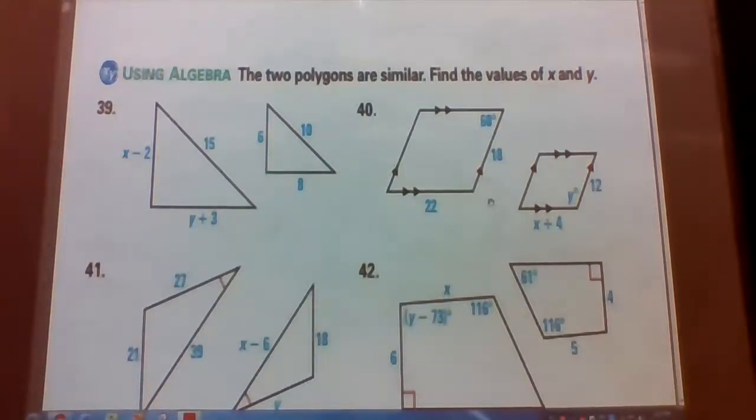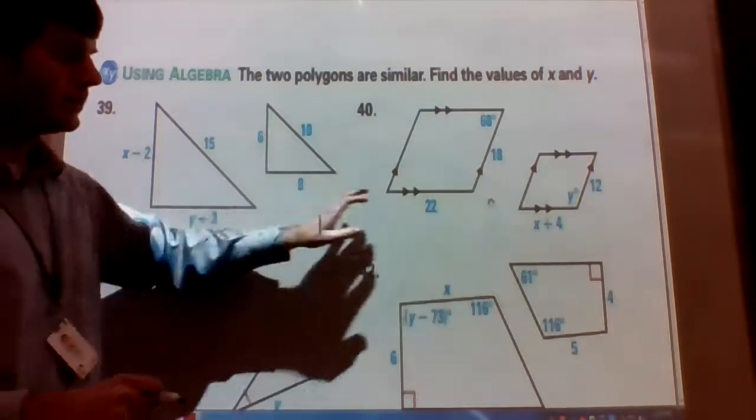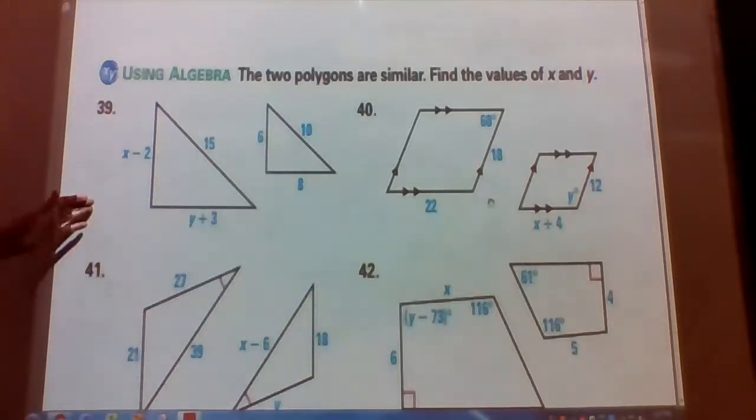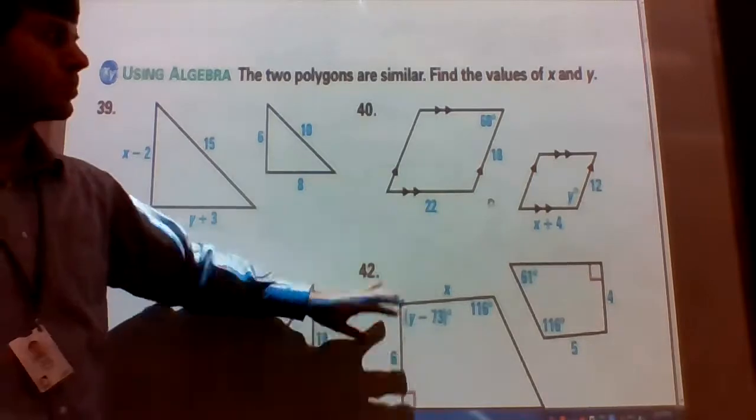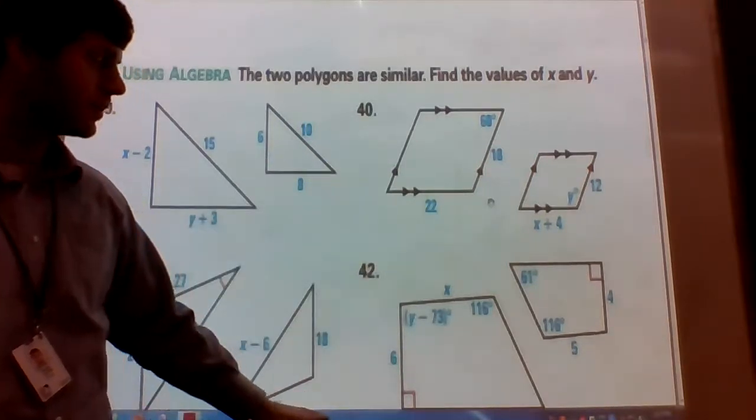This is the similar polygons with two variables. It's telling us that the two polygons in each problem here, it's really 1, 2, 3, and 4, labeled 39, 40, 41, and 42. So in these four problems, the two polygons are similar,